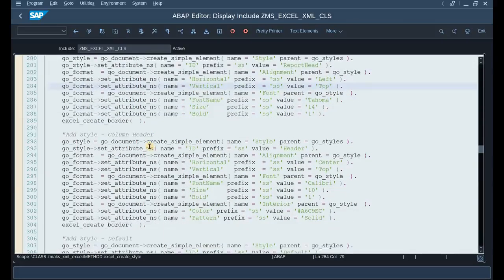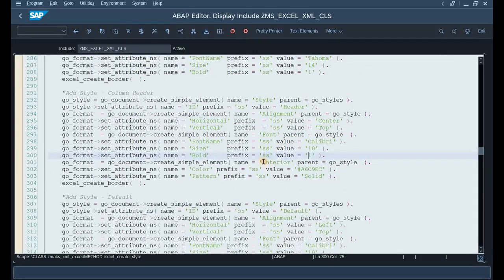Okay, similarly I have gone and created for the header. Now for the header, again the alignment is center. Okay, for the horizontal, so it will be aligned as a center one, and the font is Calibri 10 character. This was 14, this size is 10, and it is also bold. Apart from that, I am also defining one